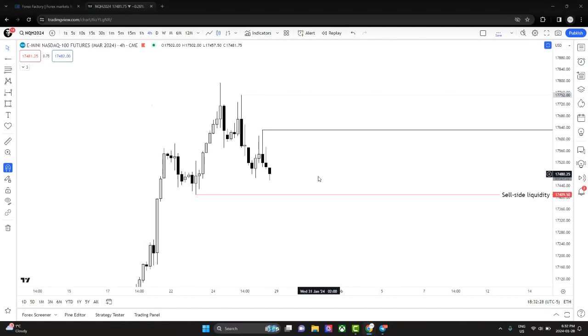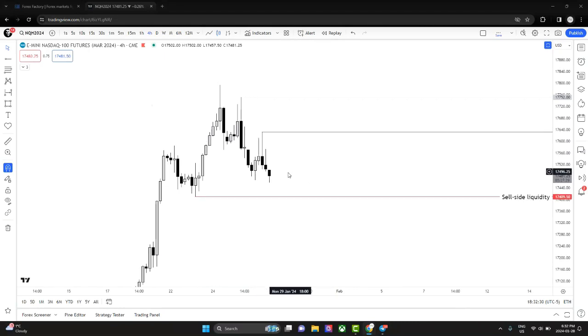So right now, no clear read on price. So I'd like to see price either break above this or break below this before I consider doing anything at all. Most importantly, I'd like to see Tuesday, right? I'll be waiting on Tuesday. So like Monday, if price goes anywhere here, then it's still none of my concern, right? I need that red folder event, man.